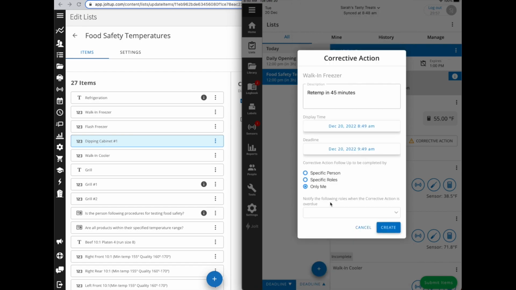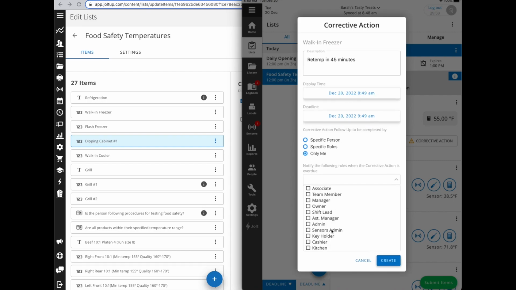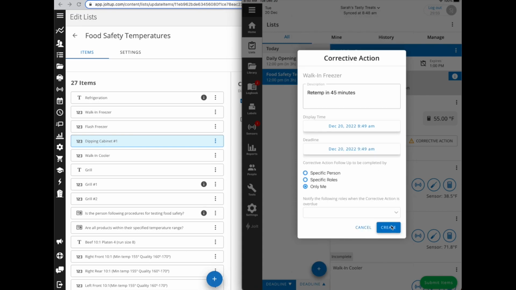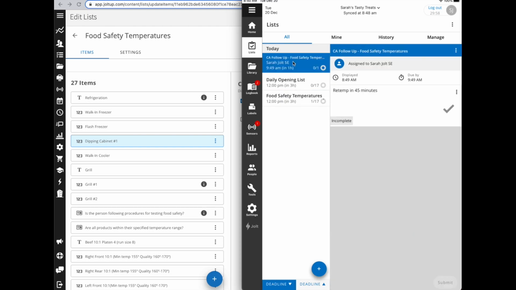And then you also have the ability to set an overdue notification to any role if the action list has not been completed. I'm going to go ahead and create this, and you'll see it has now created a new list to retemp in 45 minutes, and it has an hour deadline. So if it's reached temp, great, I can check it off,